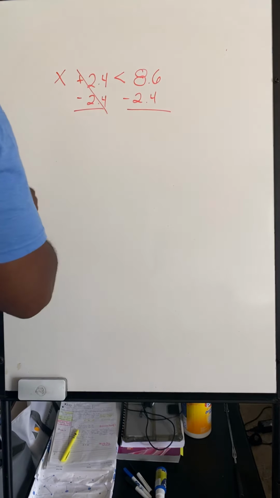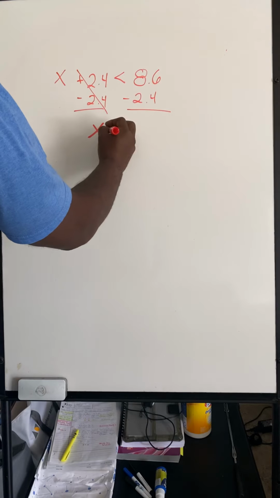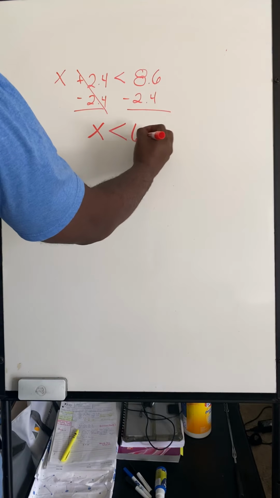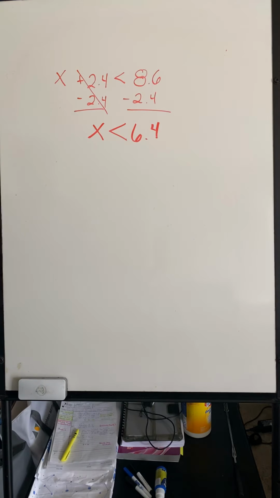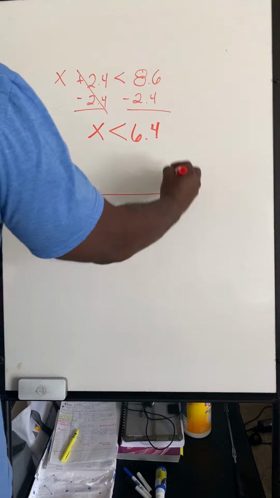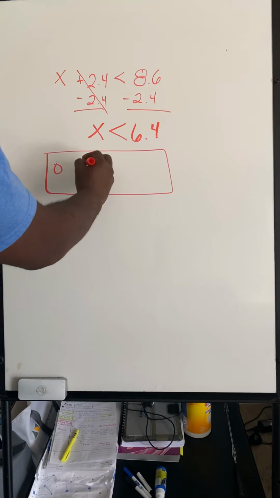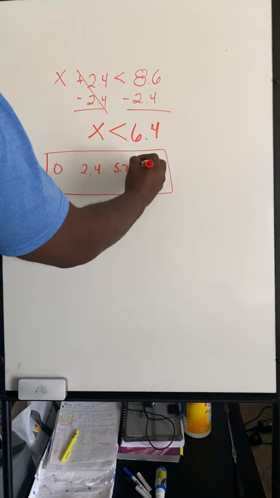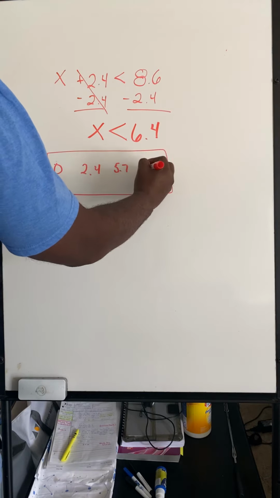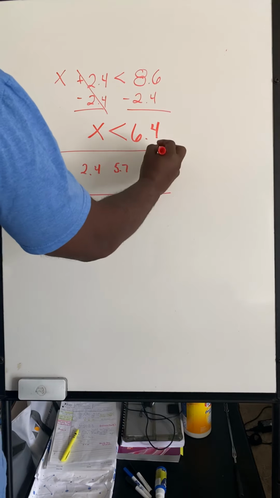Boom. 0 pairs that, I get x is less than 6.4. Okay. So the question here, I'm sorry, I didn't even read it. I should have looked through it. The question asked us, so which numbers out of the ones down here, 0, 2.4, 5.7, 8.5, and then